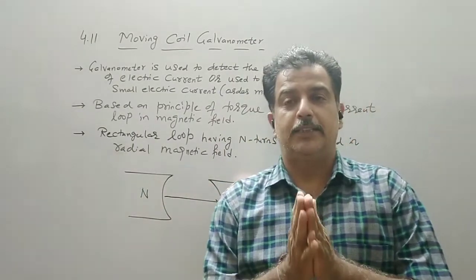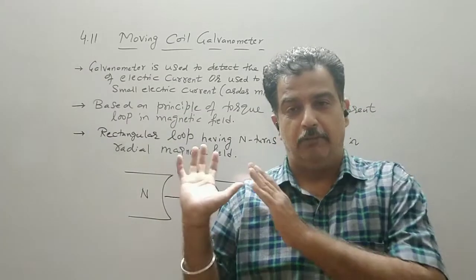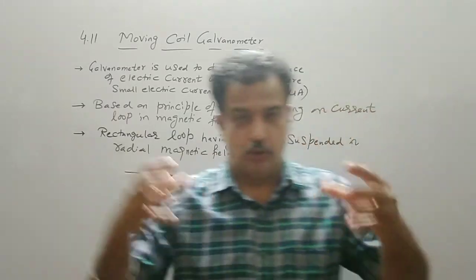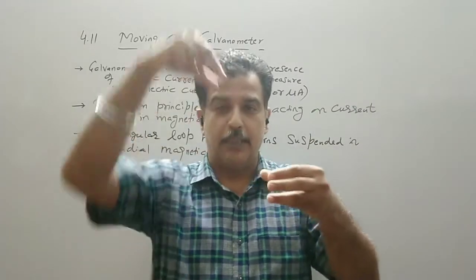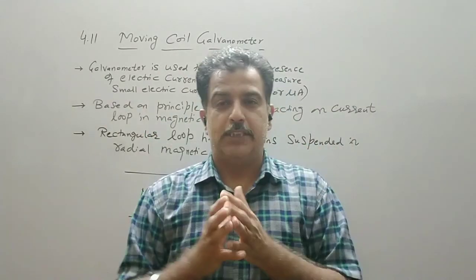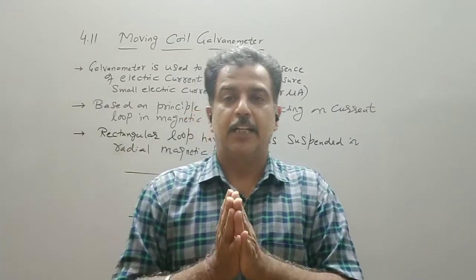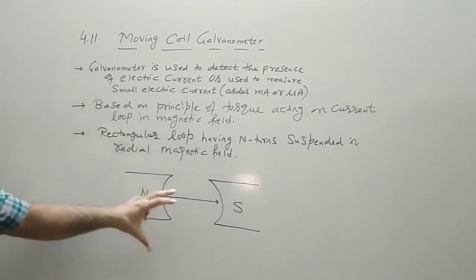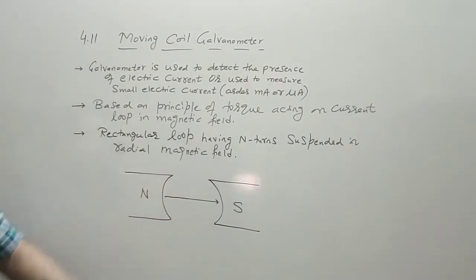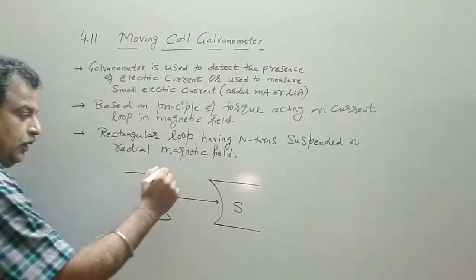First we try to understand the basic concept. So instead of a bar magnet, we have used a cylindrical magnet here. Again, when we did the theory, we had the two bar magnets, north and south, and the rectangular loop was suspended. The concept remains the same, the torque formula remains the same, but we have a cylindrical magnet here. Now let us say one loop is hanging in it. So we are first trying to understand the basic principle with the help of a basic diagram.